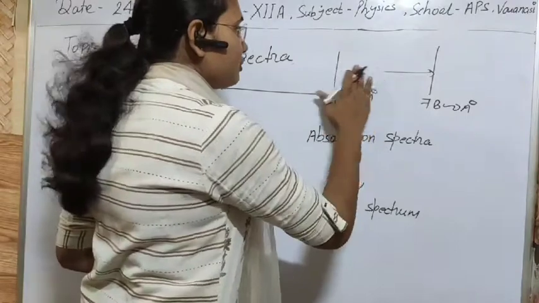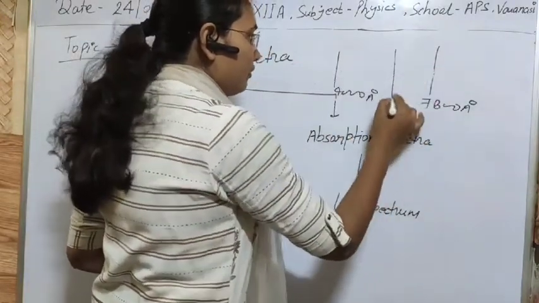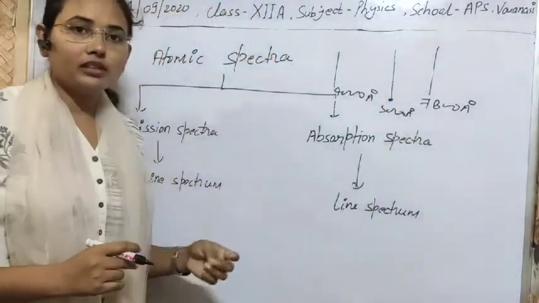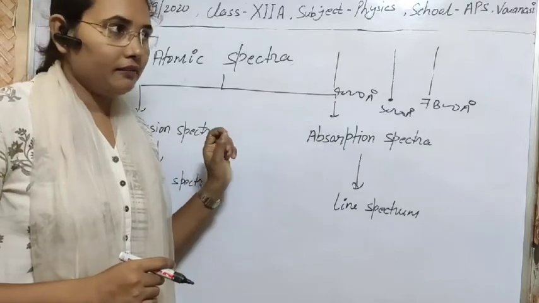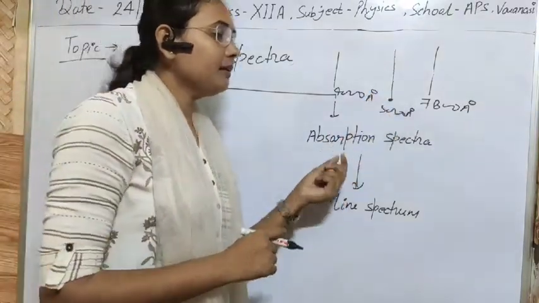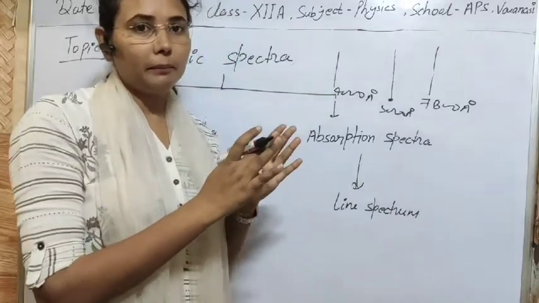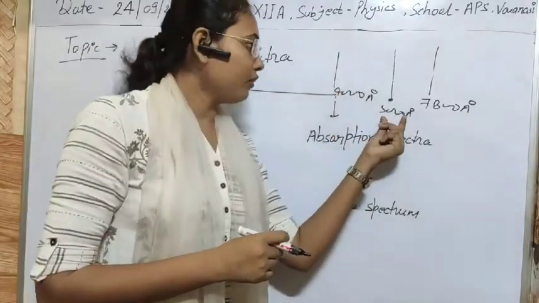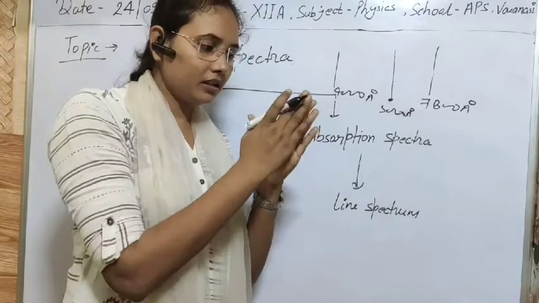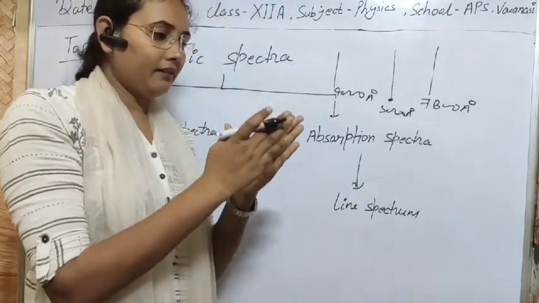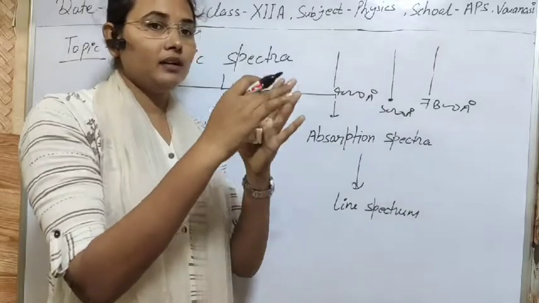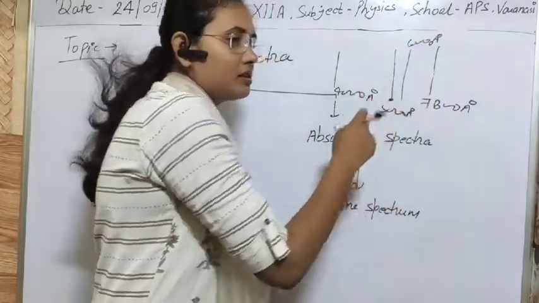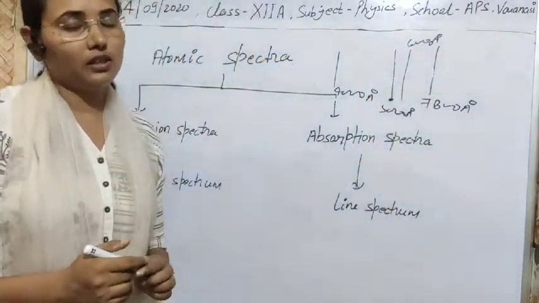Discontinuous spectra is that, suppose in this form we don't get any light for the wavelength 5000 angstrom. That means 5000 angstrom is missing. If 5000 angstrom is missing, then definitely the continuous form of the wavelength will break down, and we will not get light for every single wavelength. For 5000 angstrom we will not get light, and the continuity of light will break down, and after 5000 again we will get some light. Suppose that at 6000 angstrom again light is missing. So this is called discontinuous spectra.